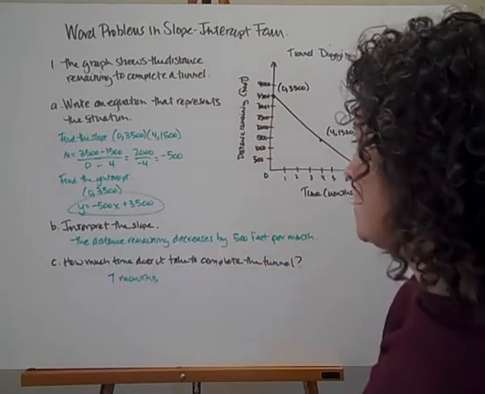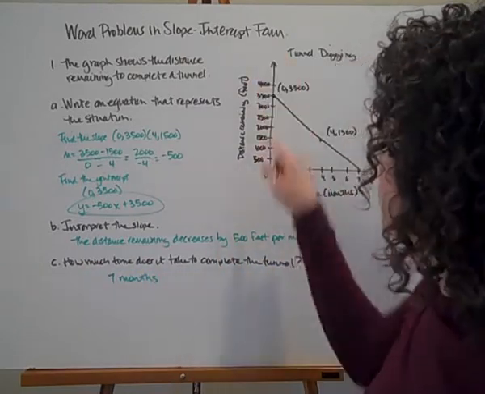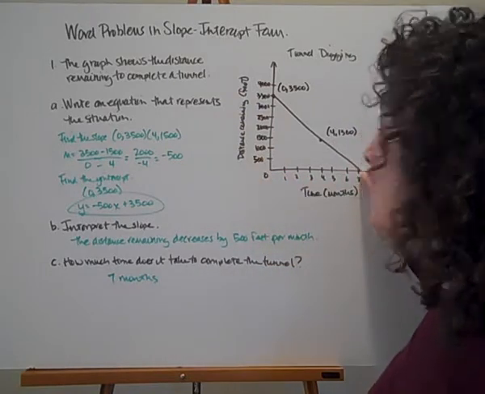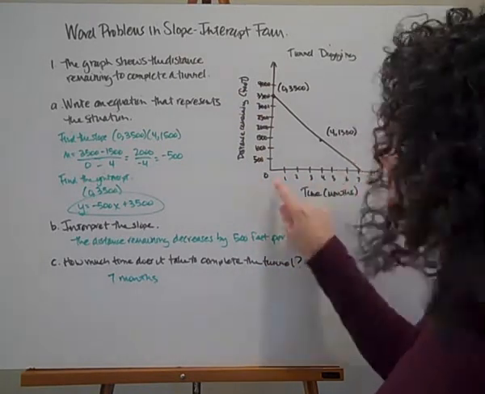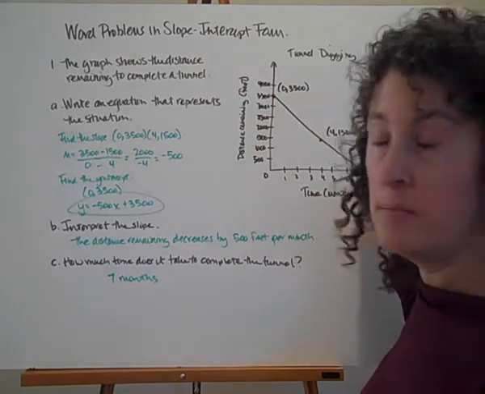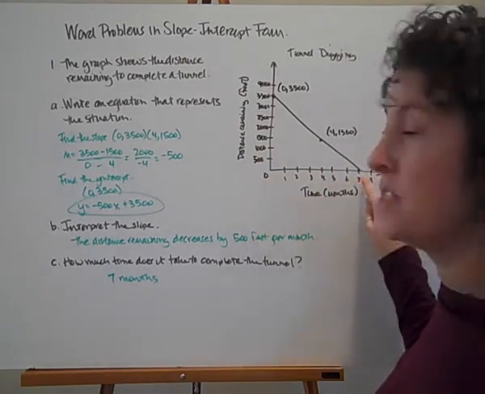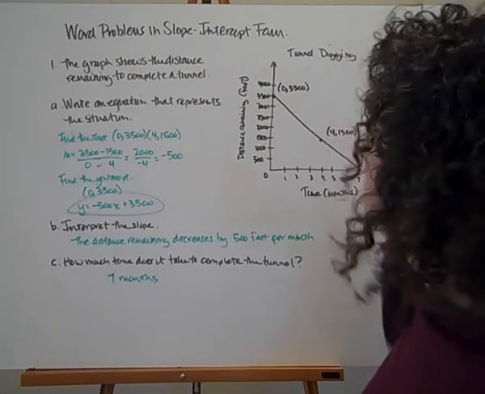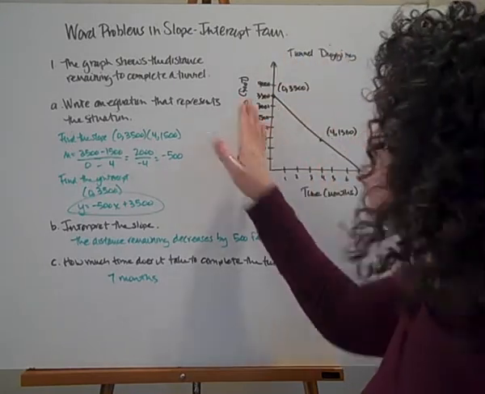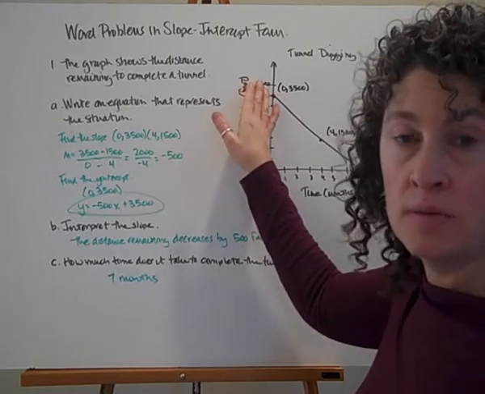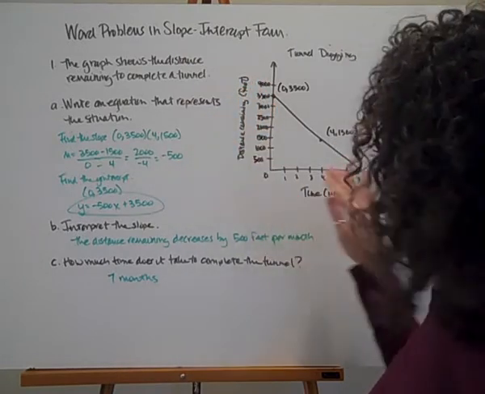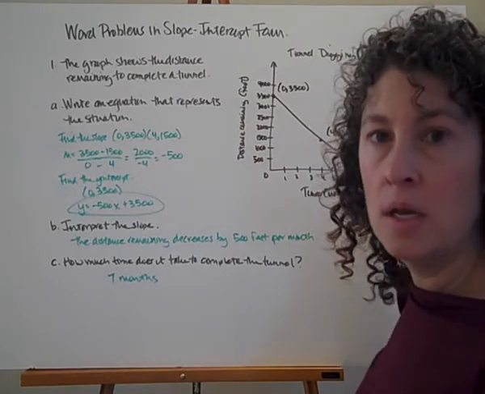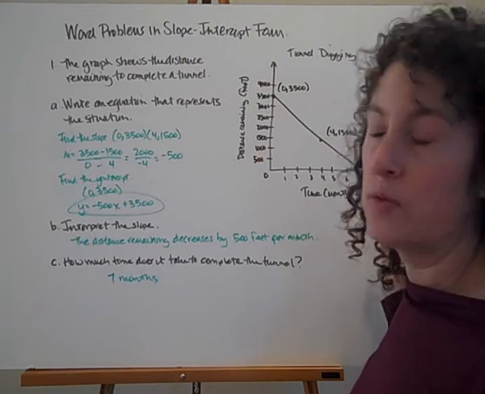The last question, how much time does it take to complete the tunnel? So again, we want to go down to 0 feet remaining, and if we go to 0 feet remaining, we see that it takes them 7 months on my x-axis here, 7 months. So this ordered pair would be (7, 0). That's my x-intercept. Remember, that means something about the story too. So this is kind of our two extremes in our story. This is the very beginning where they haven't started digging that 3,500 feet yet, and this is the very end where they have no distance left to complete their tunnel. They're done, and they've taken a maximum of 7 months before they've finished.